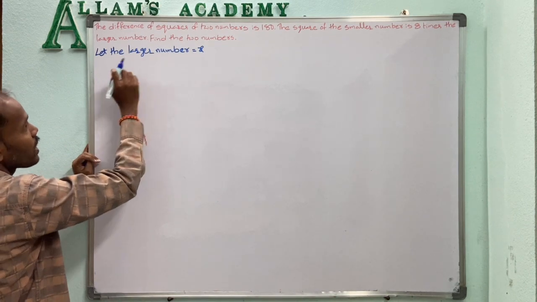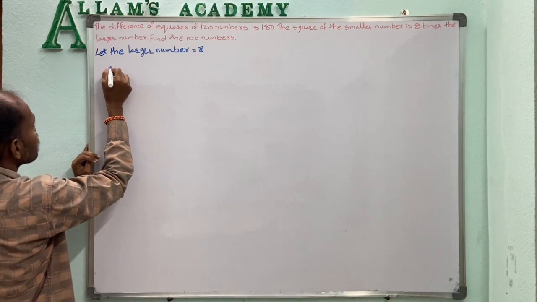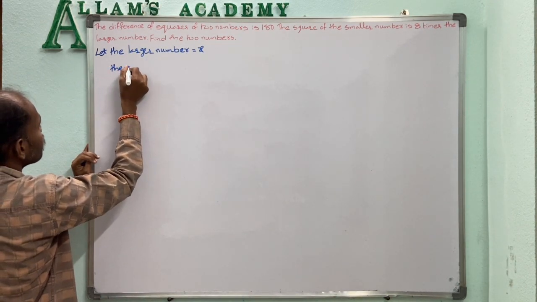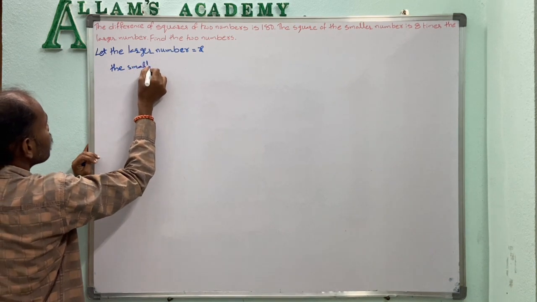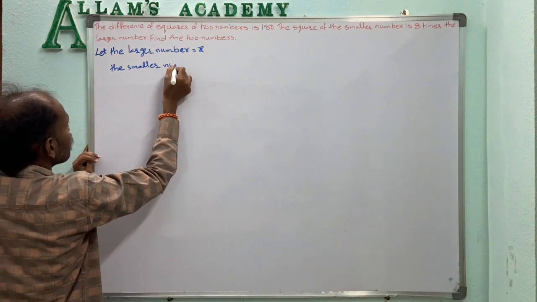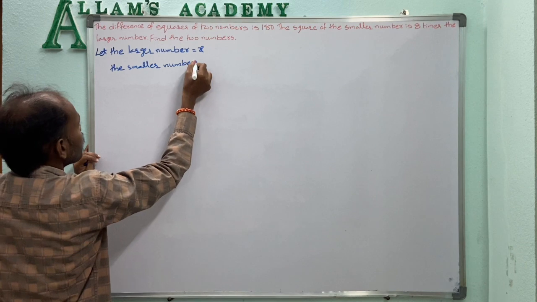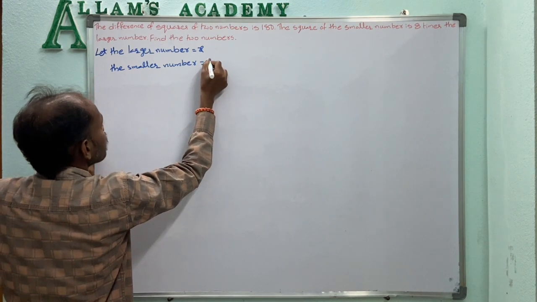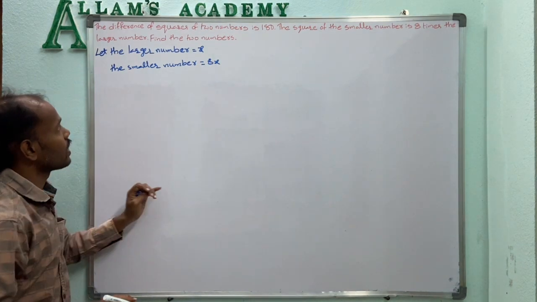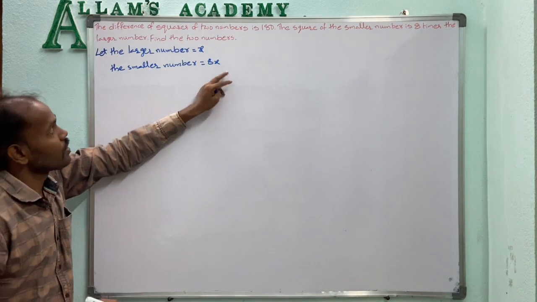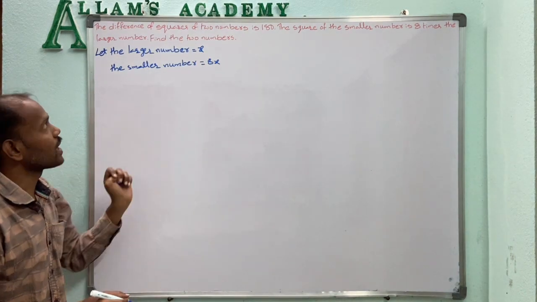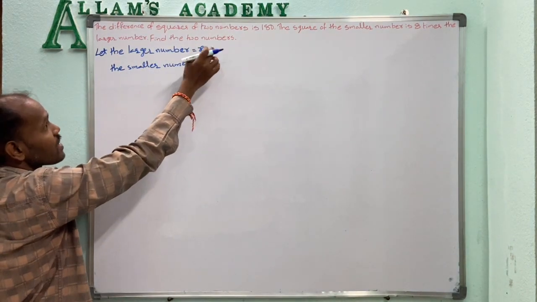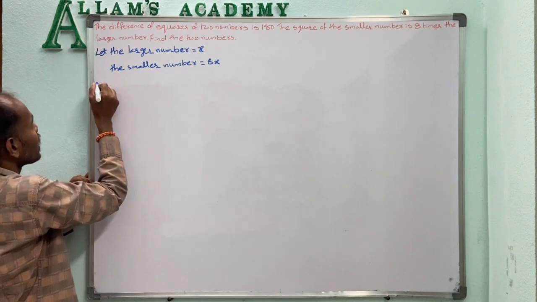So the larger number is x, then the smaller number squared is 8 times the larger number, so 8x, and it is given as the square of the number. So by the given problem,